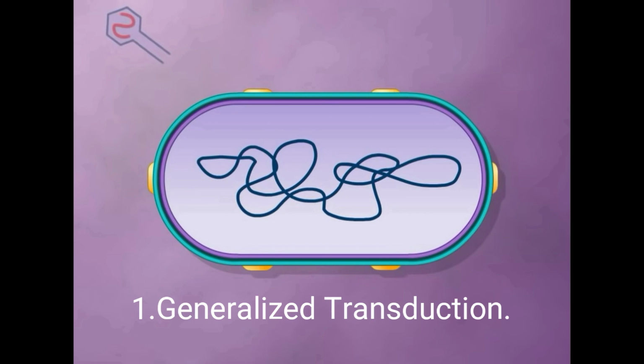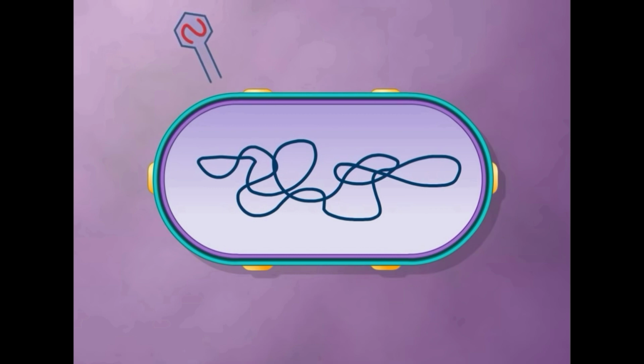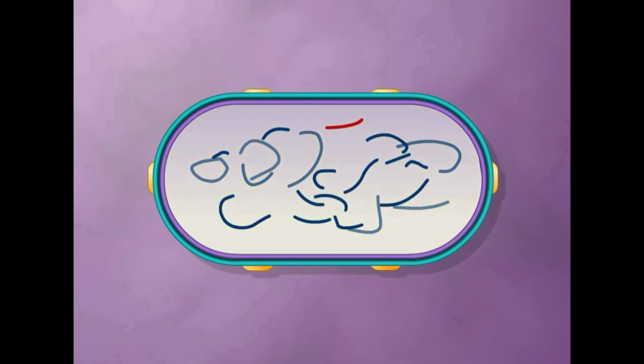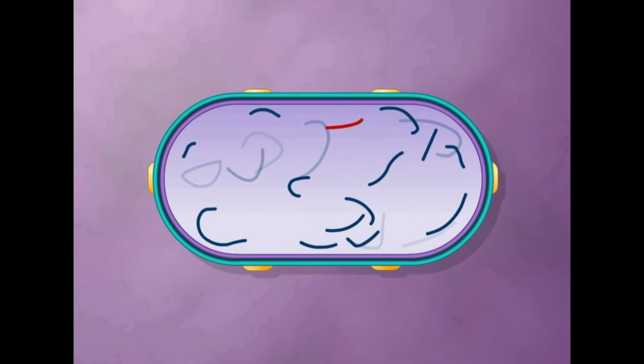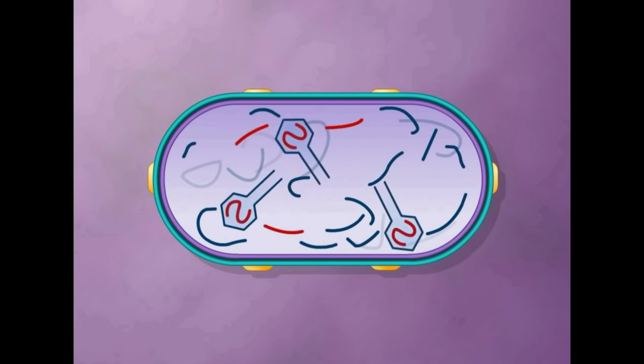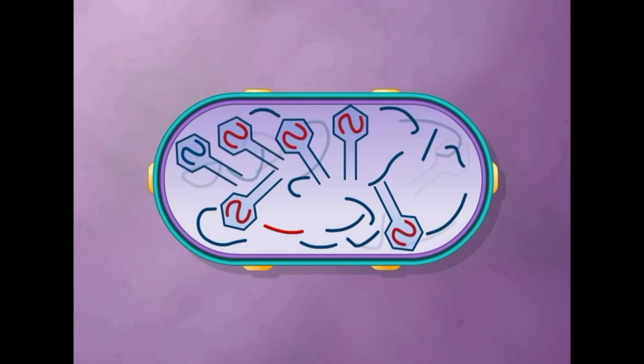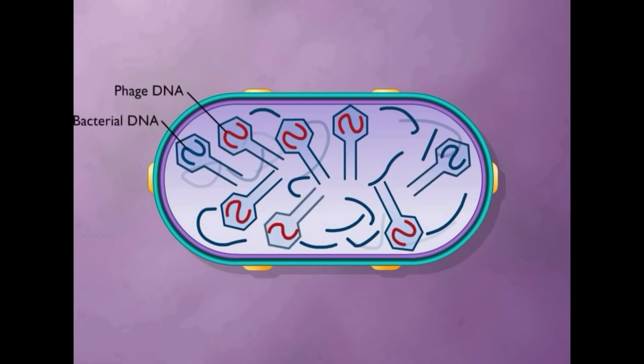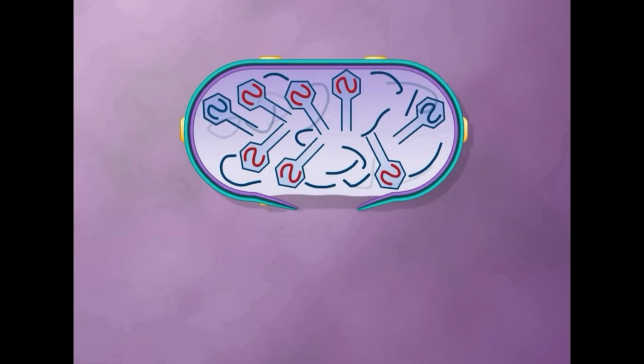Now let us discuss generalized transduction. In generalized transduction, virulent phages contain the phage DNA. Virulent phages bind to the surface of the bacterial cell, infect it and release their DNA inside the bacterial cell. After releasing the DNA inside, they can cause the breakdown of the bacterial DNA. Replication of the phage DNA now starts, and new phage particles also start to synthesize, and during packaging of the new phage particle, the bacterial DNA is mistakenly packed inside the bacteriophage,